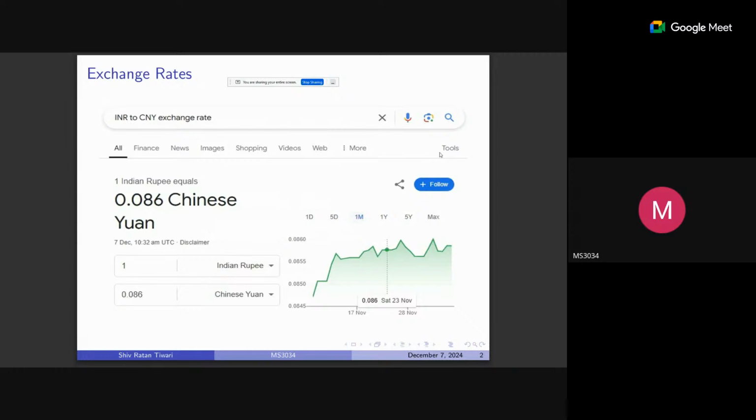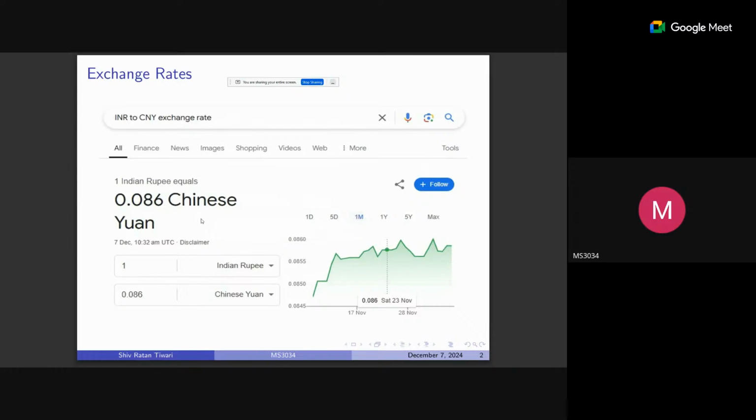So in week 9 we discussed exchange rates. I just wanted to give you an overview of the terminology used in the practice sets, like INR to CNY or INR-CNY exchange rate, or CNY-INR. When exchange rates are mentioned in this form, the currency mentioned first is considered the home currency, and the currency mentioned afterwards is the foreign currency. For example, if you go to Google and search for INR to CNY exchange rate, then it will